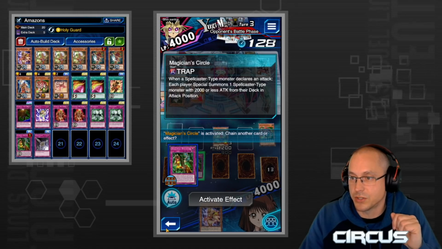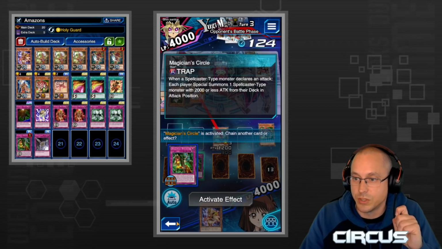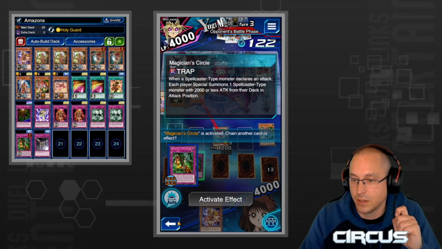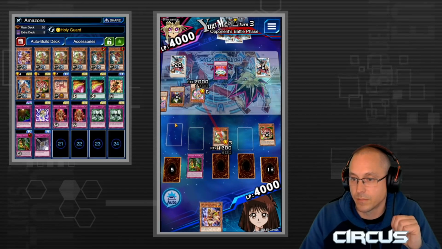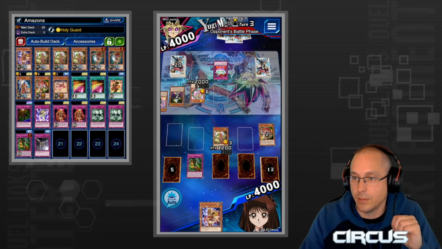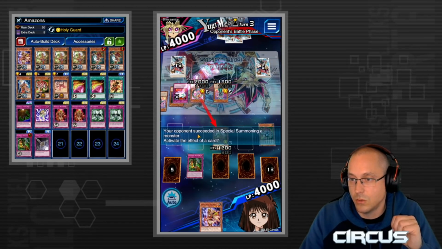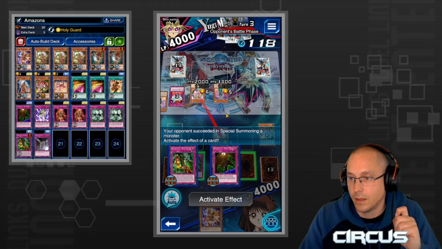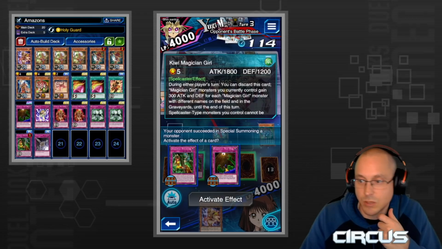When a spellcaster type monster declares an attack, each player special summons 1 spellcaster type monster with 2,000 or less attack in their deck in an attack position. So he's going to attack in. He's going to bring out maybe another Magician Girl. Ooh, the Kiwi. Okay. What is this? Can't be targeted, right? So why don't we use the...